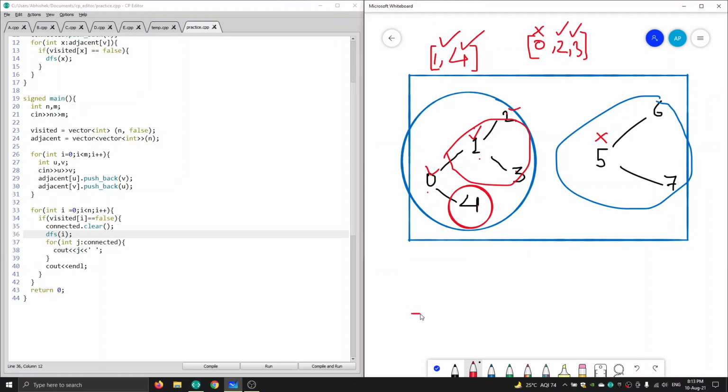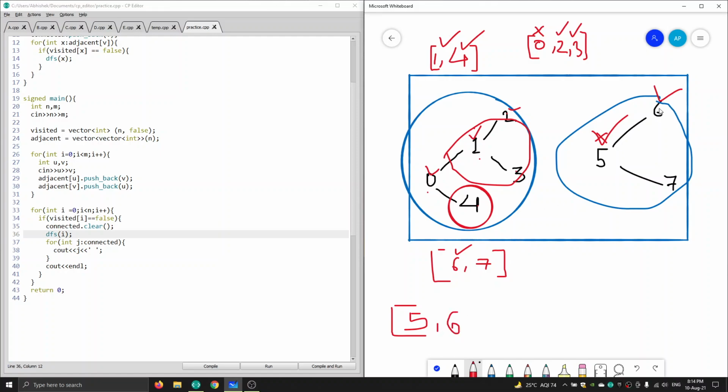So our connected vector will look like this. 5 would be in the connected vector and the adjacent of 5 are 6 and 7. First we will go to 6. So 6 is also not visited, so we will mark 5 as visited and 6 as visited also, and we will add 6 in our connected vector.